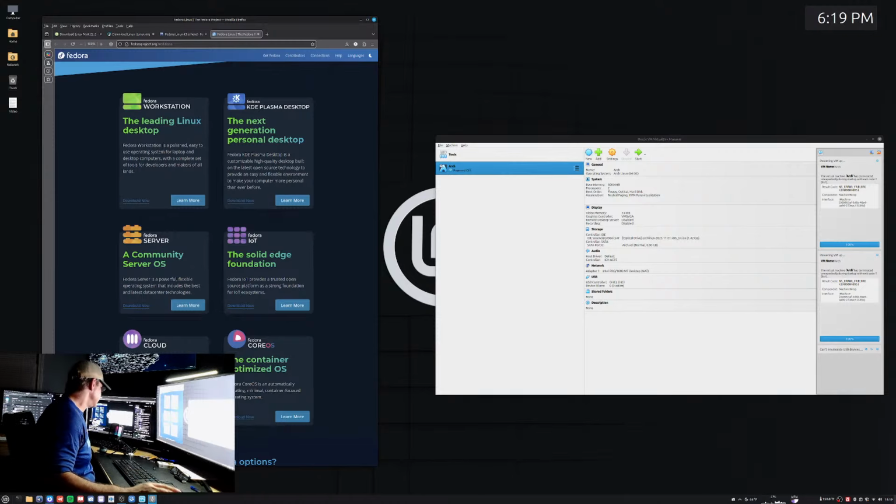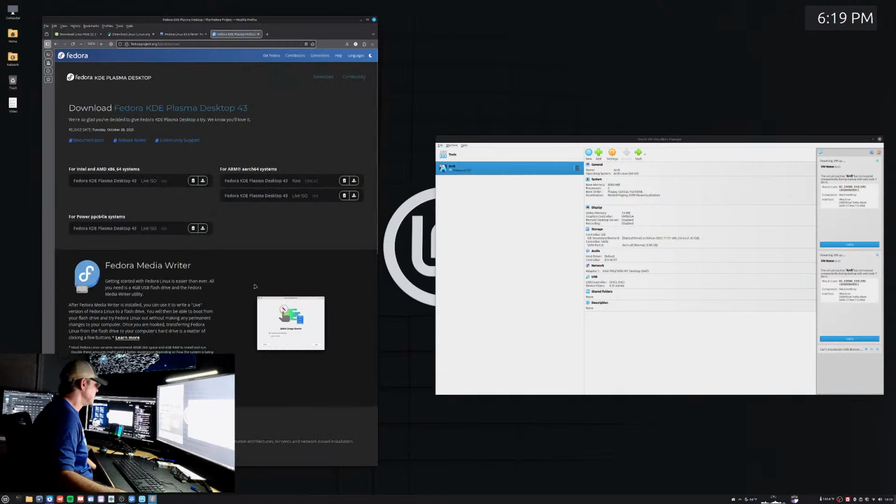Okay, workstation uses Windows and KDE uses Plasma. Okay, let's go with KDE. What the heck? We'll try that, and if we don't like it, we'll use a different one. Oh, more options. Here we go. For Intel and AMD x86, for ARM, Arch 64, for I don't know which one, guys. I'm assuming Intel x86. I have an Intel machine, so